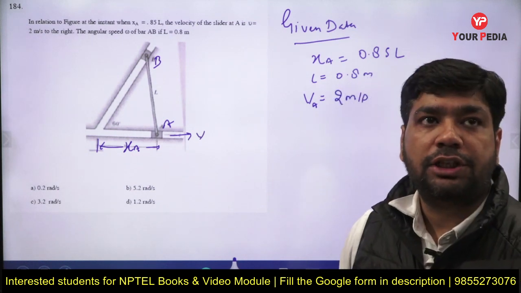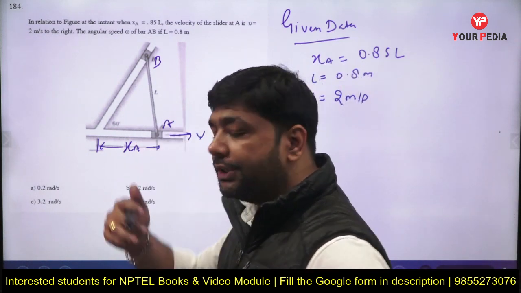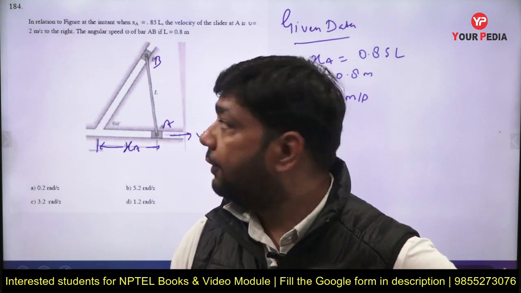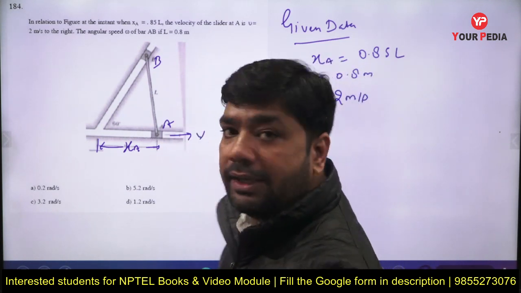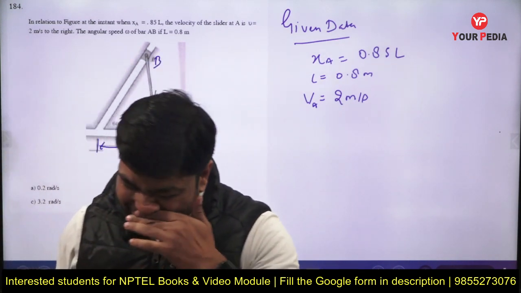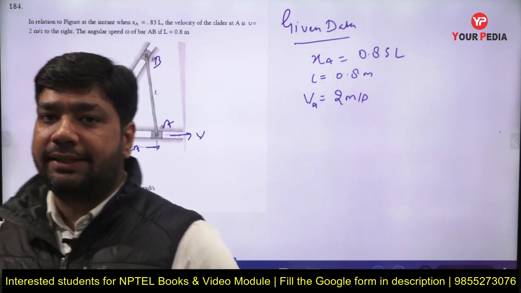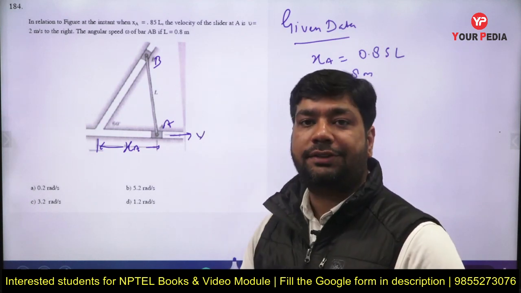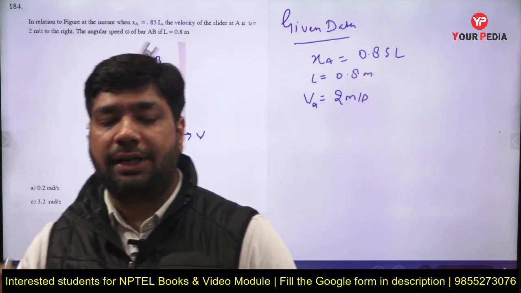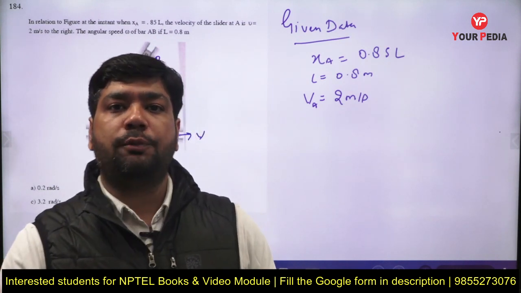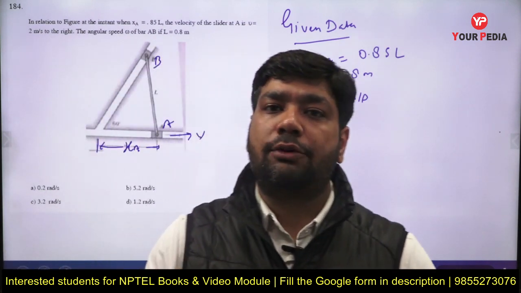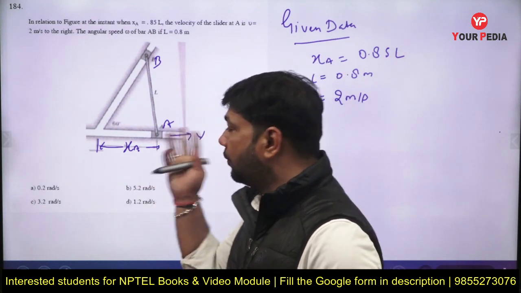Now in this case we have to find out the omega, that is, how much omega the rod is going to rotate. The omega we have to find is of AB. So how will I find this? As I see, this question basically belongs to rotational mechanics. Here the concept of rotational motion is taken into consideration, and there is one more method to solve this question: to find out the instantaneous center of the rod.